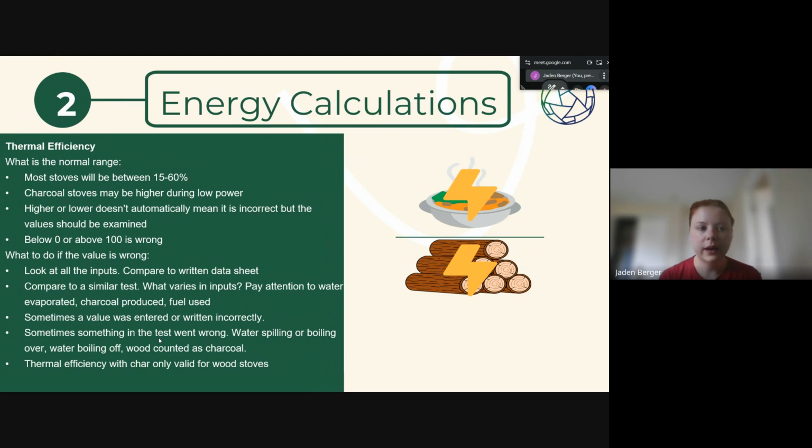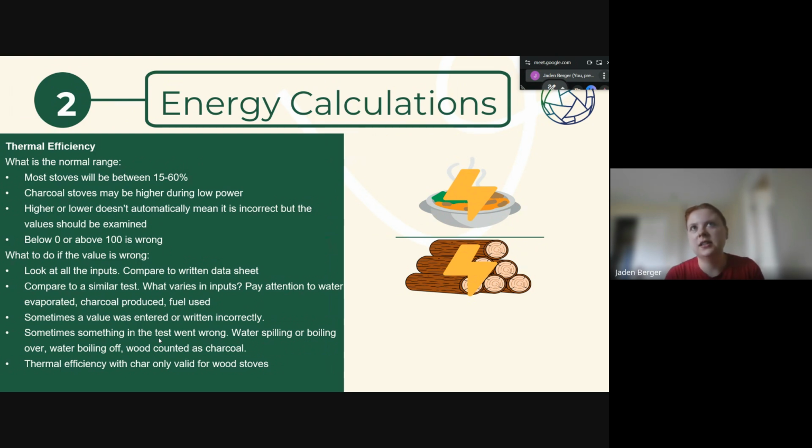So what's the normal range for thermal efficiency? We expect between around 15 to 60%. I know that's a pretty large range. With charcoal stoves, because of how we test them, we can sometimes see that the low power phase is actually even higher than 60%. I've seen into the 70% range. So higher or lower than this range doesn't automatically mean that it's incorrect, but we should examine the values and really think